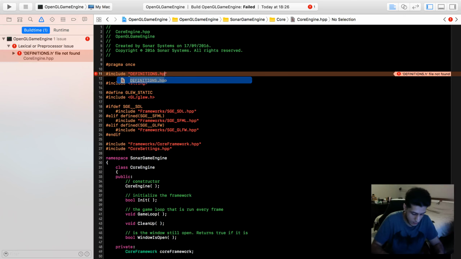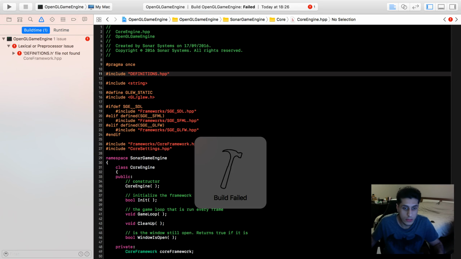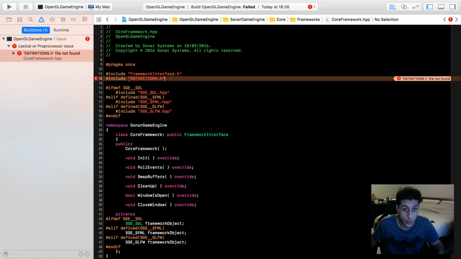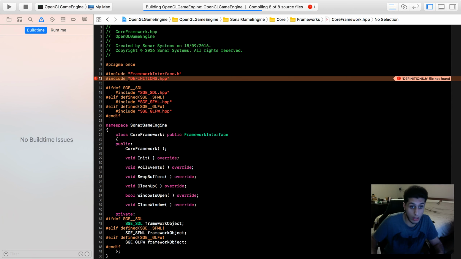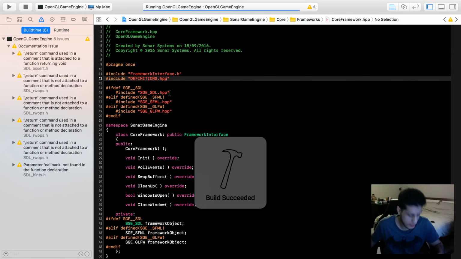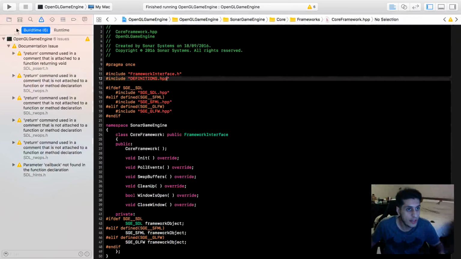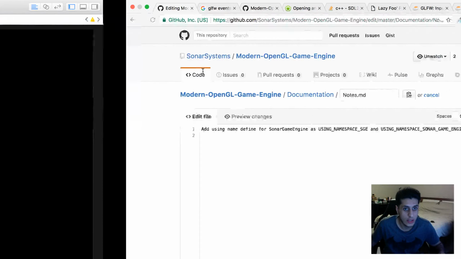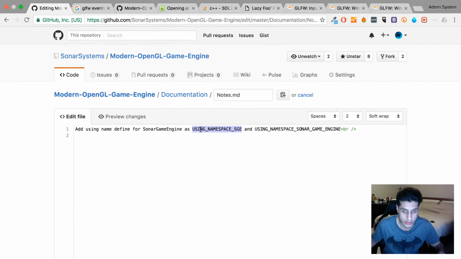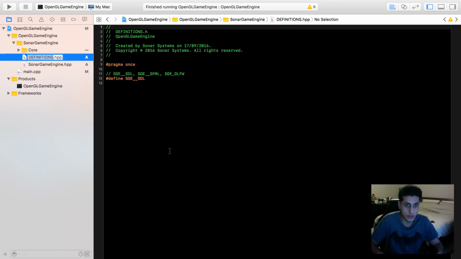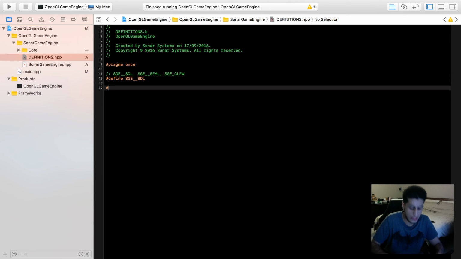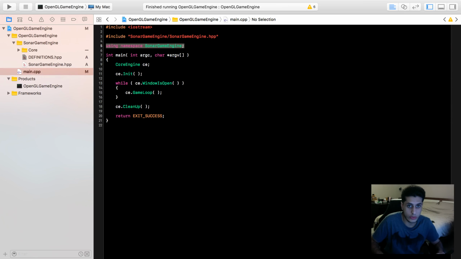Okay. Ooh, it's used in a lot of places. Run that now. That should now work. So if I go to the definitions now, I should just be able to add some definitions for stuff like this. So we'll do hash define,